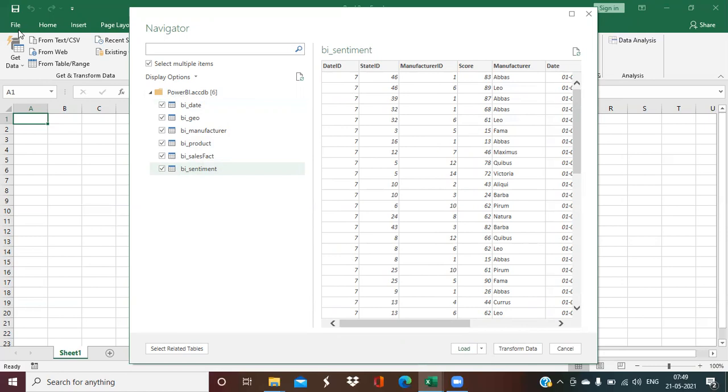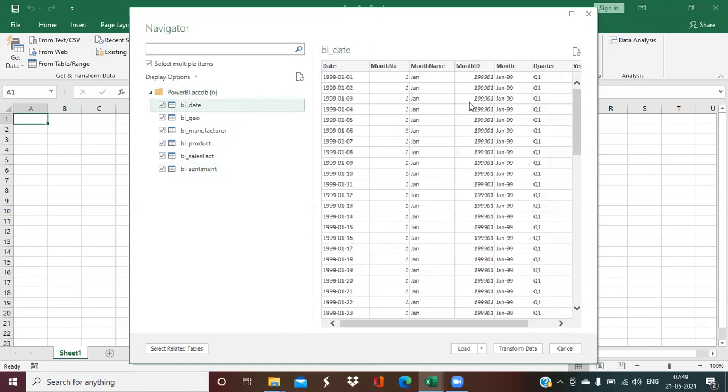But definitely before doing it, we need to do some cleanup operations. We need to remove unnecessary columns. We need to add some extra columns. For example, in the date table right now, we have the date, month number, and month name. Maybe I need to see the sales analysis weekly, so we can add week columns. There is a lot of information, so for that, we need to click on transform data.